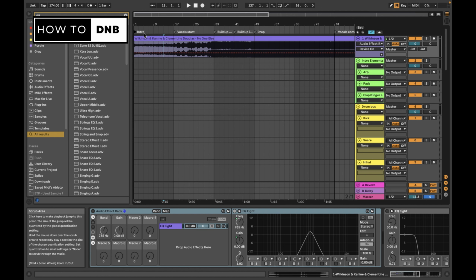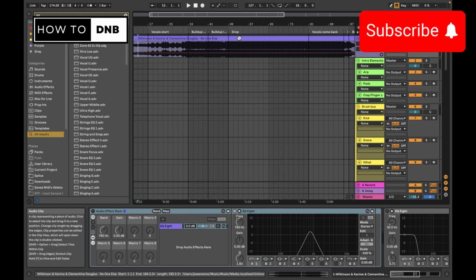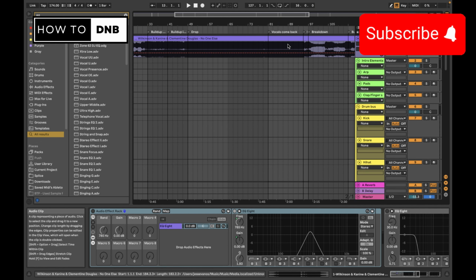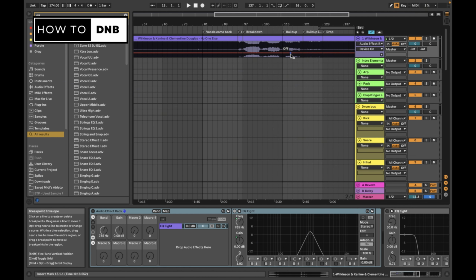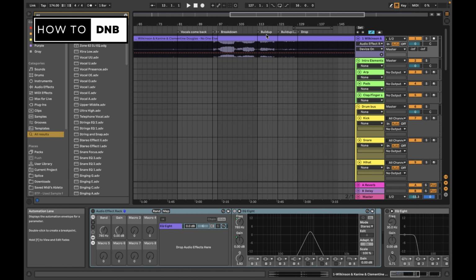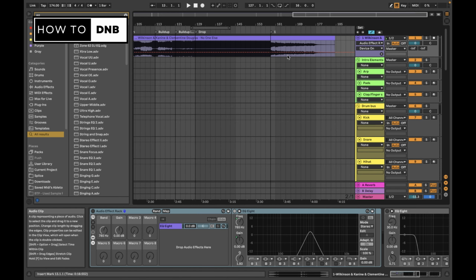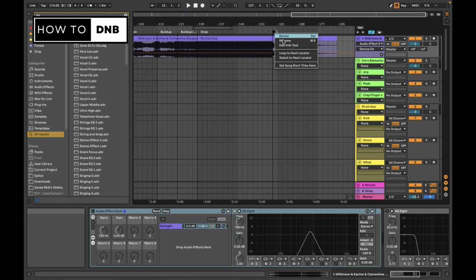So you can see here that this song consists of an intro, then some vocals come in, so I guess this is technically still the intro. Then there are 2 parts of the build-up, the first part and then the part where it intensifies, the drop, then the vocals come back, so it's kind of the second part of the drop, and then there's the breakdown, right? Sometimes it's referred to as the outro if it's at the end of the song, and then another build-up, drop, and another outro. We should probably rename this outro.